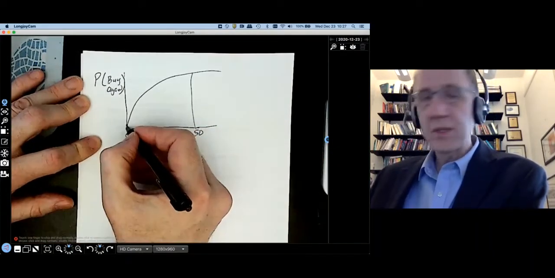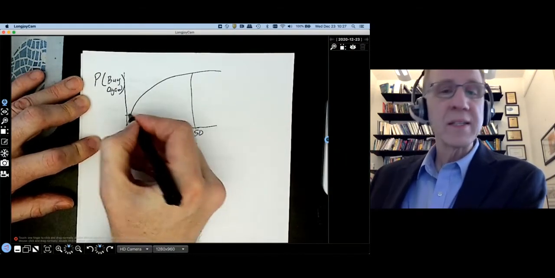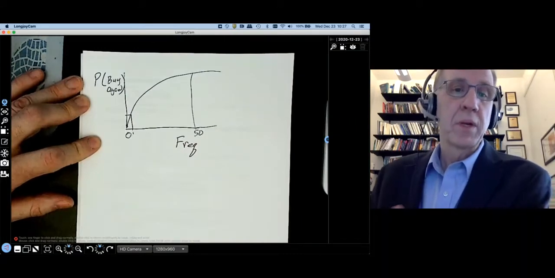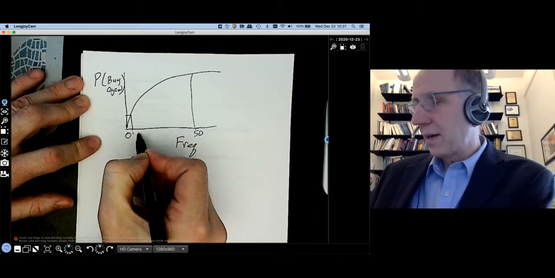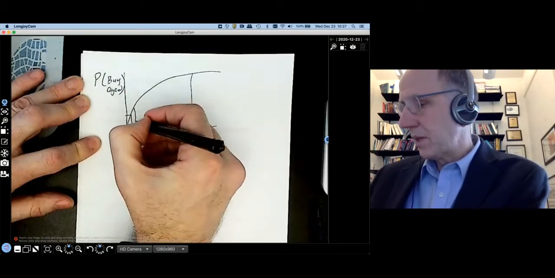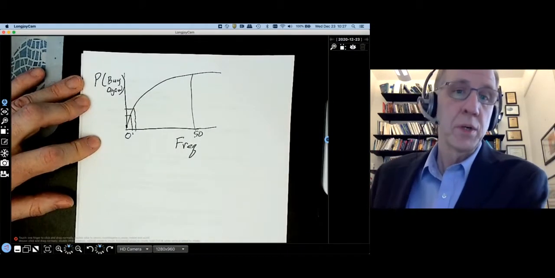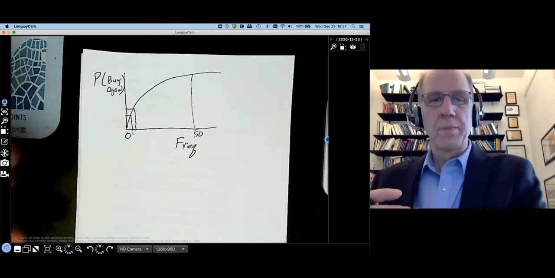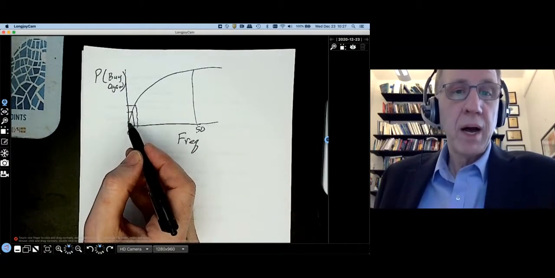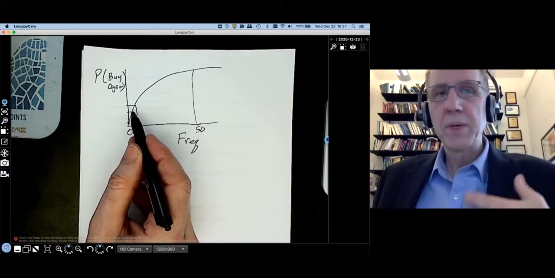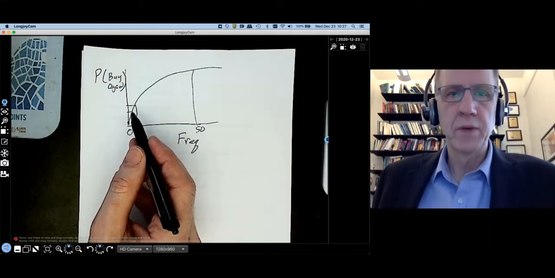However, if I can get someone who's never bought from me to buy once, the next time I send them something, they're going to be more responsive. And likewise, if I can get you to go from 1 time to 2 times, I also get an increase in the purchase probability. So the point is this: if I take someone who has never bought from me and I get them to buy from me into the future, they become habituated and become more likely and more responsive to my offers in the future.